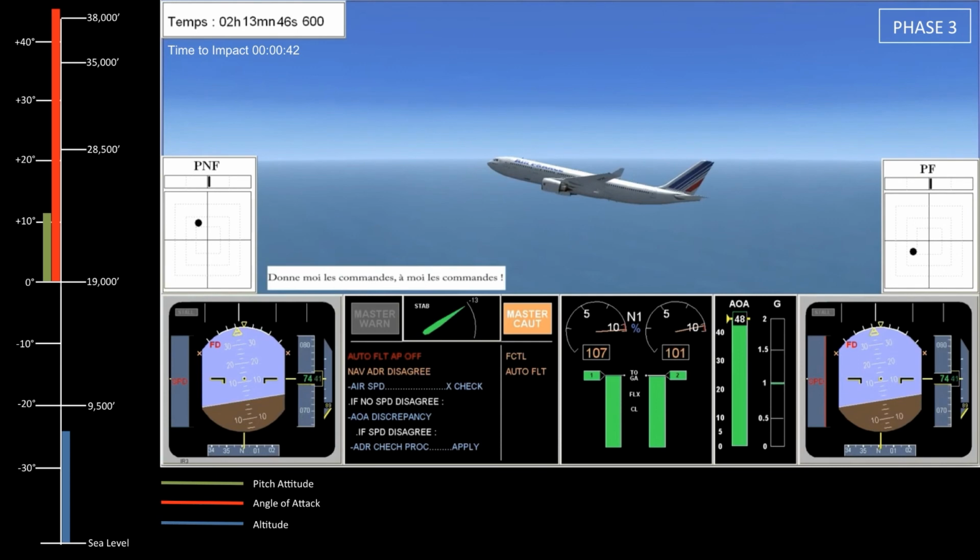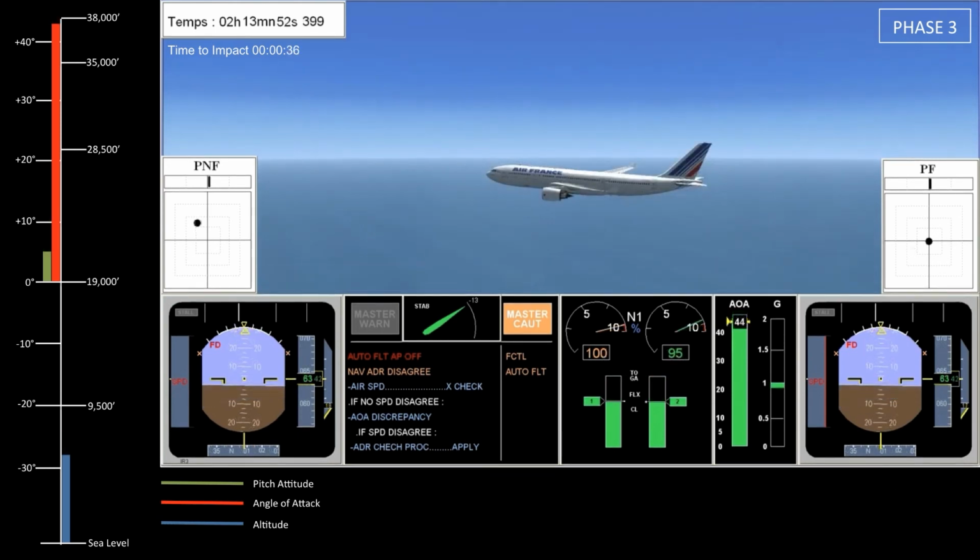Robert commanded Bonan to give me the controls, controls to me. This time Bonan relinquished and acknowledged, "Go ahead, you have the controls. We're still in TOGA." Robert lowered the nose to 7 degrees below the horizon, and both the airspeed and the stall warning returned. Despite having acknowledged transfer of handling duties to Robert, Bonan again inexplicably began to pull back on